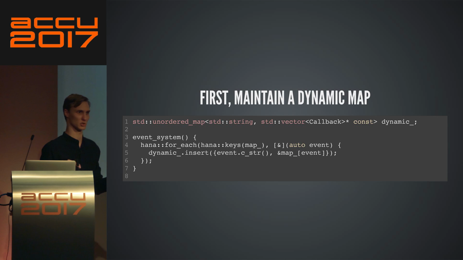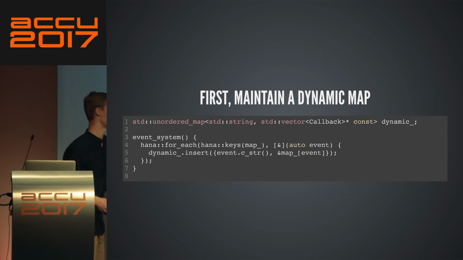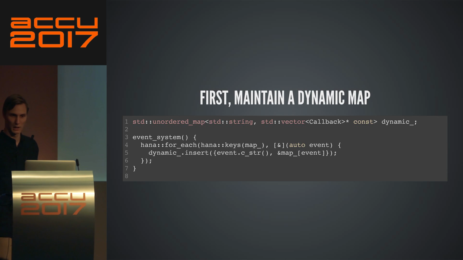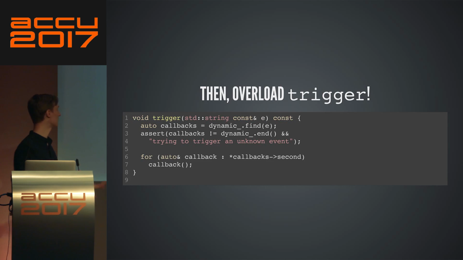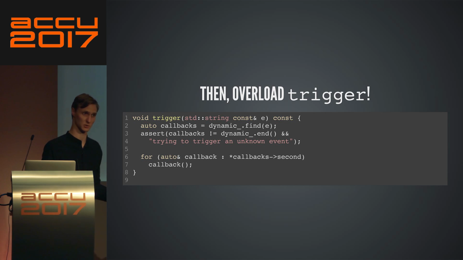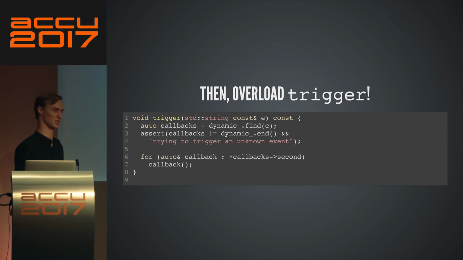So I'm setting up links between this dynamic map and this compile time map. The only purpose of this is that I'm just going to have to update the compile time map when I add a new callback, and it's just going to do the right thing. Now, what do I do? Well, it's actually pretty simple. I just have to overload trigger. If you're not taking just any compile time string, if you're taking a std::string, something that I can't do anything intelligent with at compile time, then you fall back to the dynamic lookup. And at this point, the dynamic lookup is just the same as a runtime case.